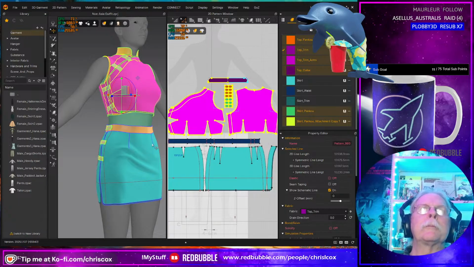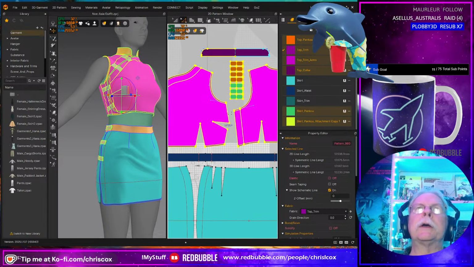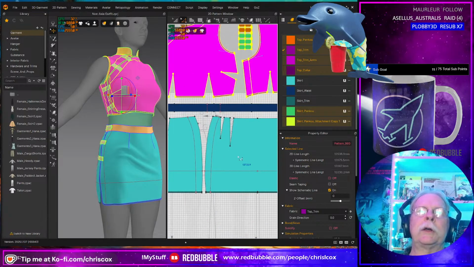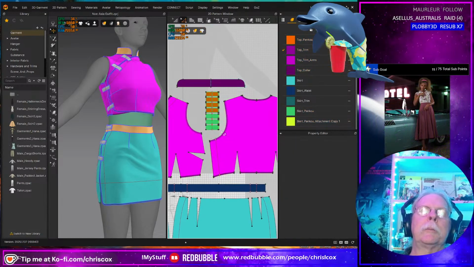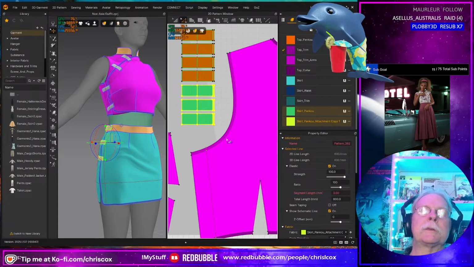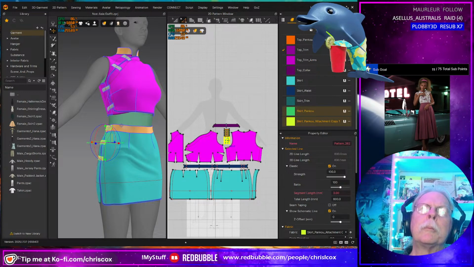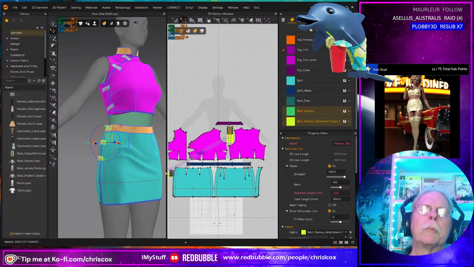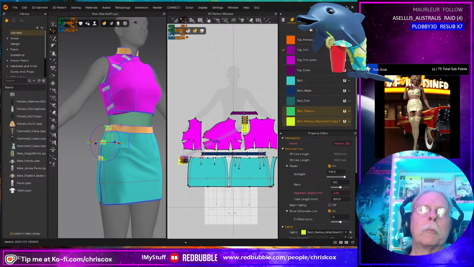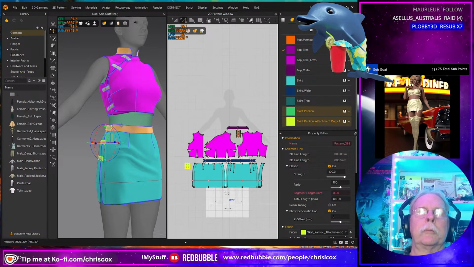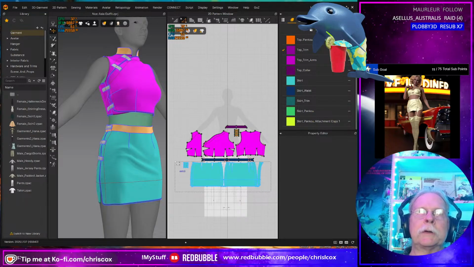Oops. You know what? Because the UVs are different, I'm going to move these out of the way. I'm going to move these down here, because it just makes it easier to select them later on.